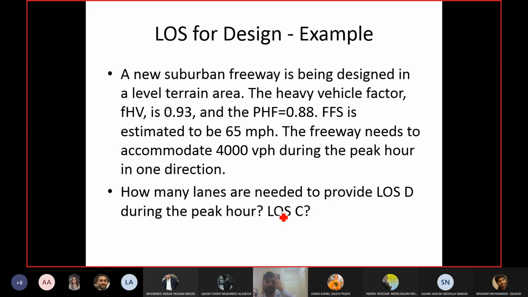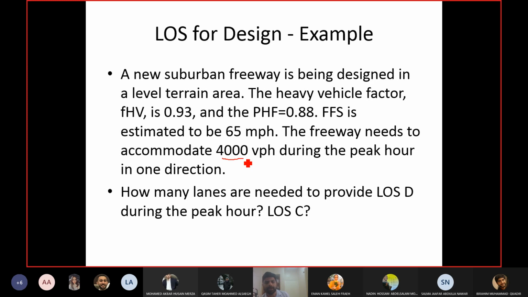Okay, so we have to calculate the number of lanes that can be sufficient for D and that can be sufficient for C as well. First of all, I have the V value here. Earlier in the traffic engineering course, we were using an equation where N was calculated directly if you put the value of the maximum service flow rate from the curve into the equation, then you can calculate the value of N directly.